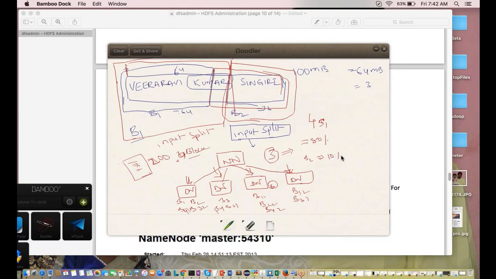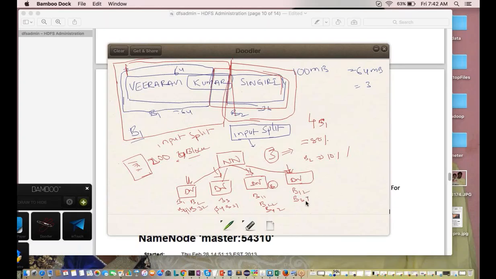Then it will calculate how long it is taking and why it is taking this much time. Your name node understands it is either running slow due to some issue, which can be a memory issue or a network issue, right? What will it do? It will not kill the job. Even if it's running slowly, it will let it run slow. It will not kill the job. Let's assume that B2,